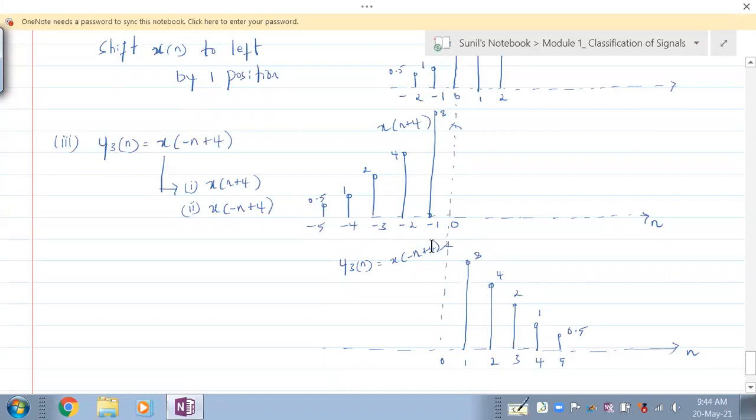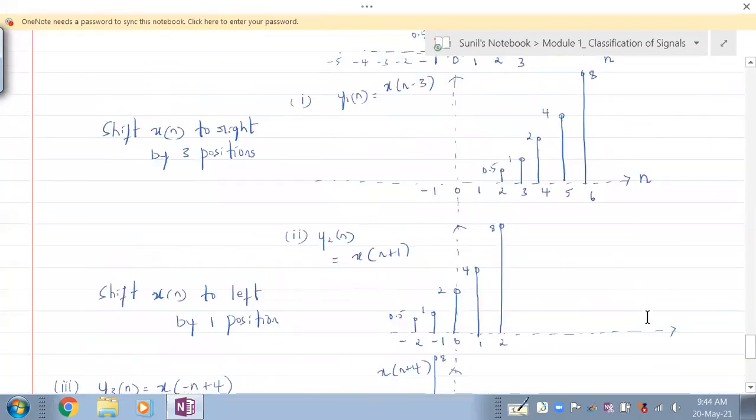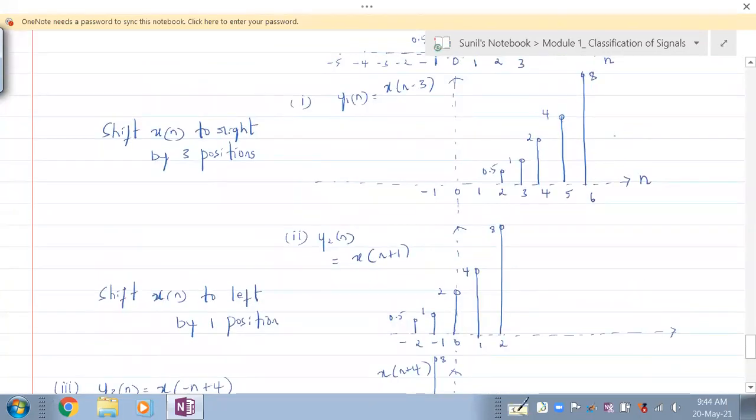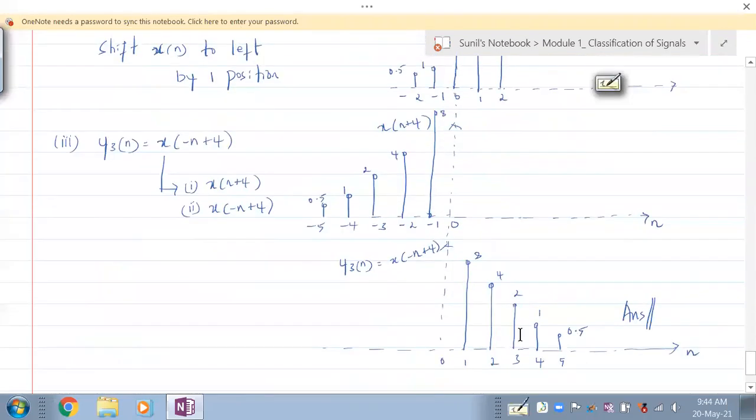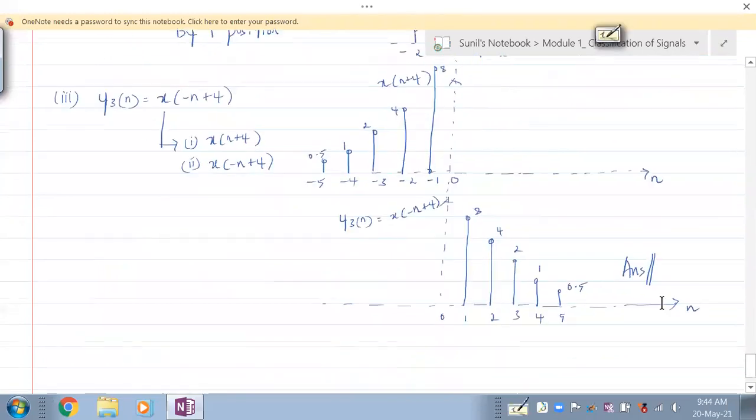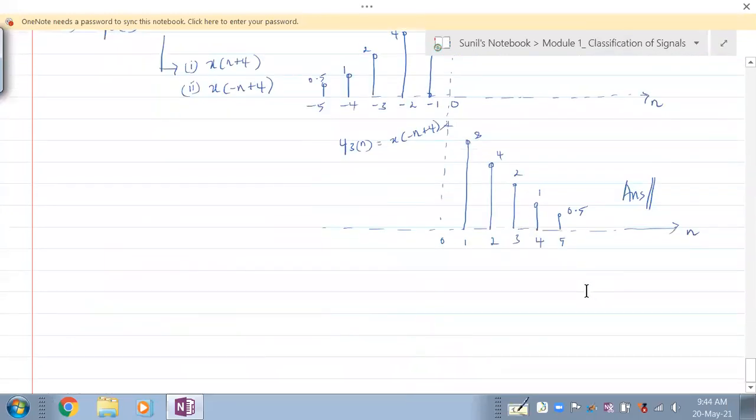Is this okay with you? So this is the answer. Just mark the answer. This is also an answer. This is the answer we have. But this is not the answer; this is something intermediate that we wanted. After having this, we have got the answer. Just to tell that it is sufficient.